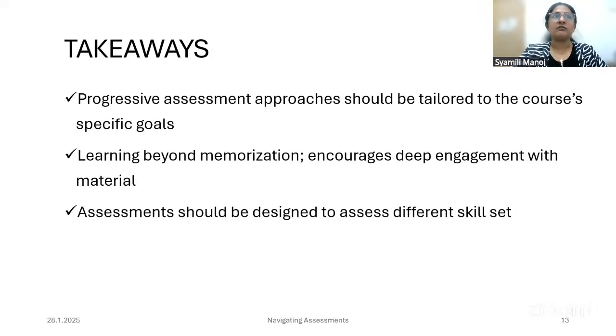And assessment should be designed to assess different skill sets. You cannot have a lot of assignments which completely focus on writing skills. You have to take into account other skill sets as well when you are developing an assessment structure for a course, and it should be tailored to the course. If it's a very practically oriented course, better to get into practical assignments